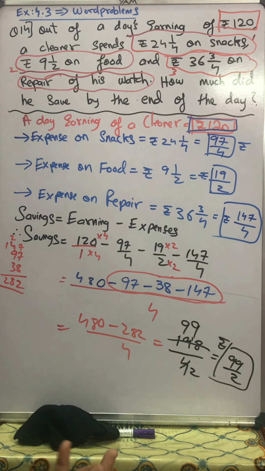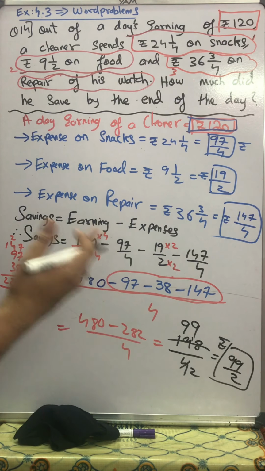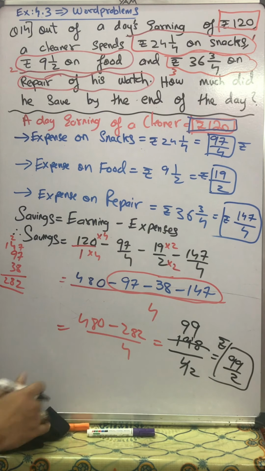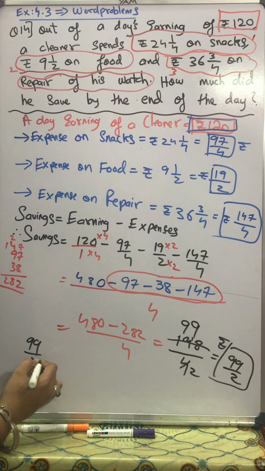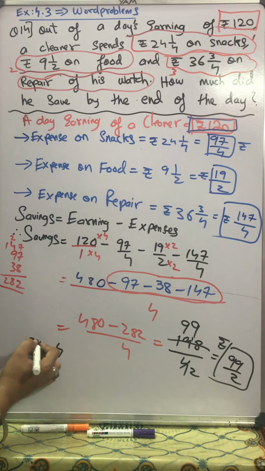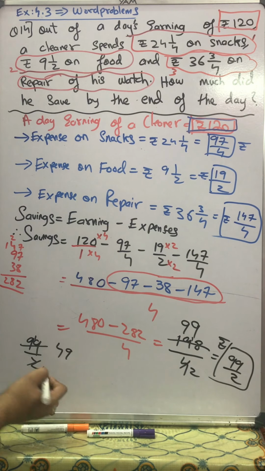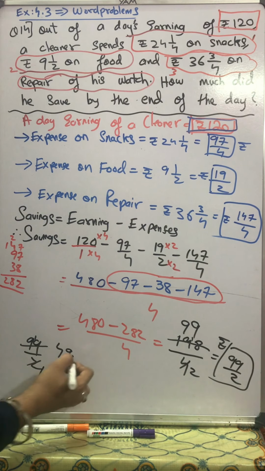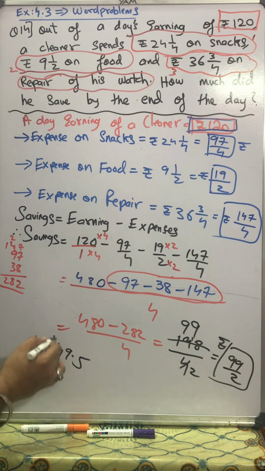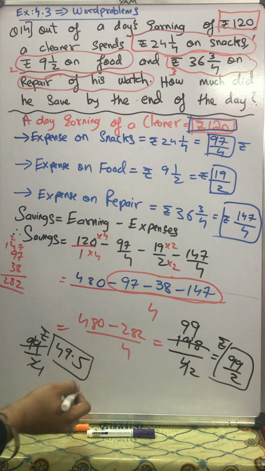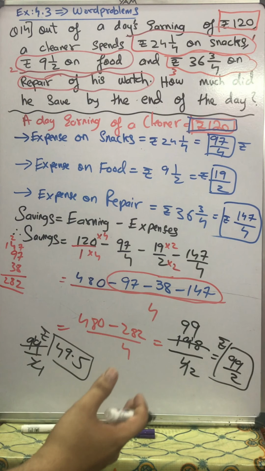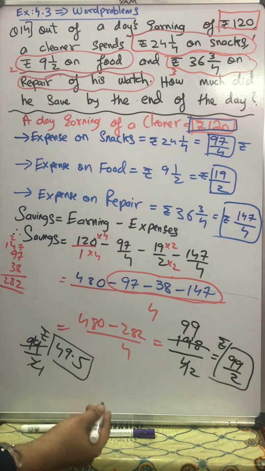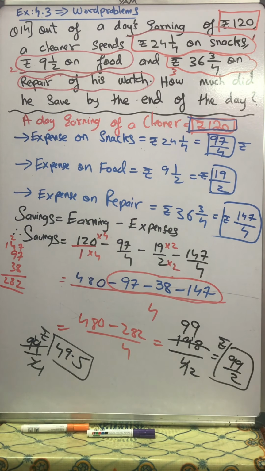Now there are various ways you can convert this. You can convert it into a mixed fraction. It's also very simple to convert into decimal, because your answer here is 99 upon 2. So 2 ones are 2, 2 fours are 8, carry 1, 2 nines are 18, then decimal point, 2 fives are 10. You can also say the answer is rupees 49.5. You can also say the answer is 99 upon 2. It's correct. Or you can convert this into a mixed fraction. Okay, how will you convert this into a mixed fraction?